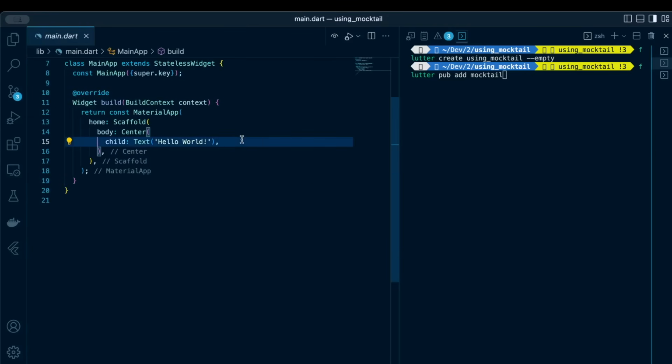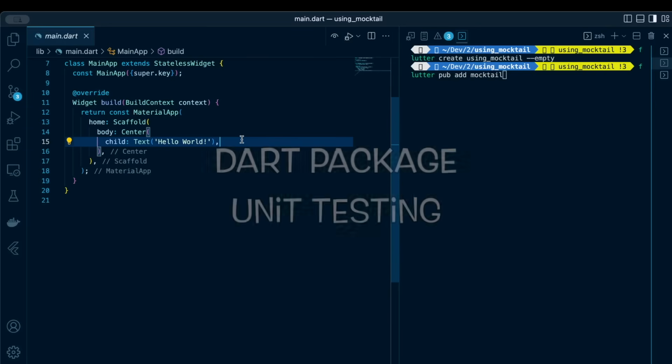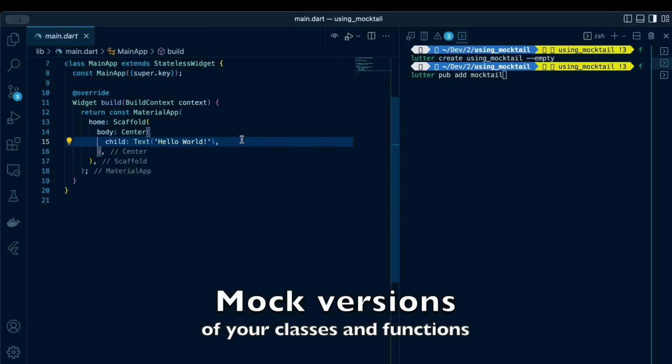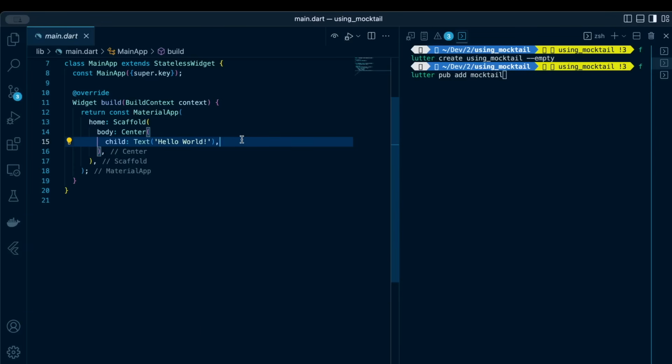Great. Before we start writing our mock class, let's take a moment to understand what Mocktail actually is and why it's so useful in testing. Mocktail is a Dart package used in unit testing. Think of it as a tool that helps you create mock versions of your classes and functions. When we say Mocktail is a Dart package, it means it's built specifically for Dart and Flutter apps. It makes unit testing easier by allowing you to fake real